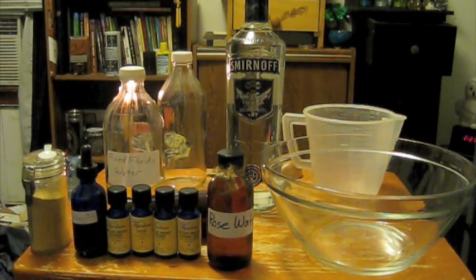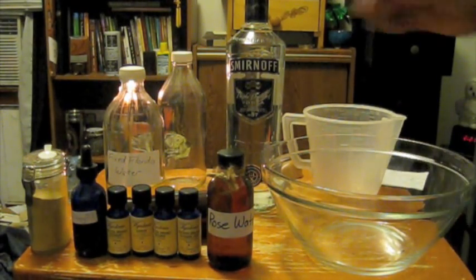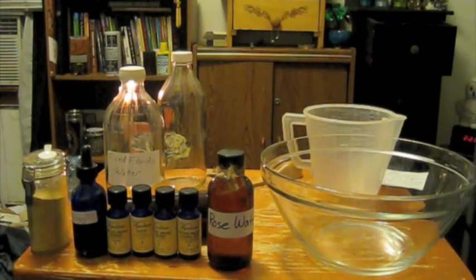The other thing you'll need is 16 drops of, I hope I'm pronouncing this right, bergamot oil. Also 12 drops of lavender oil, 6 drops of Mei Chang oil, 3 drops of rosemary, 2 drops of jasmine, and 2 drops of the rose attar. Okay? Alright, so the first thing we'll be doing is measuring out